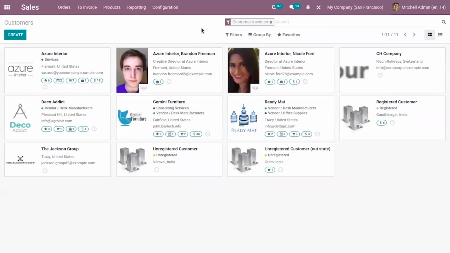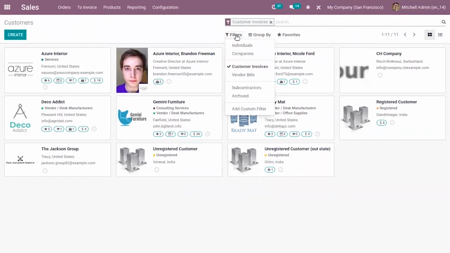So we know how to filter these customers. That is, we can filter using different options like individuals, companies, customer invoices, vendor bills, subcontractors, and we can also add custom filters.